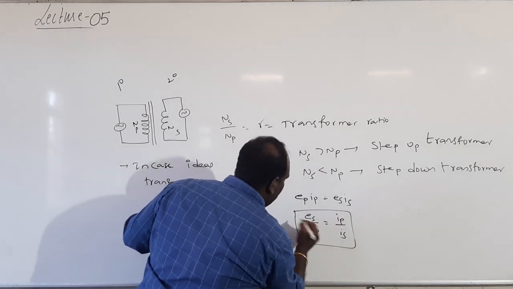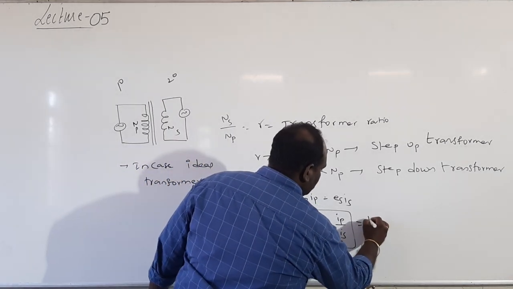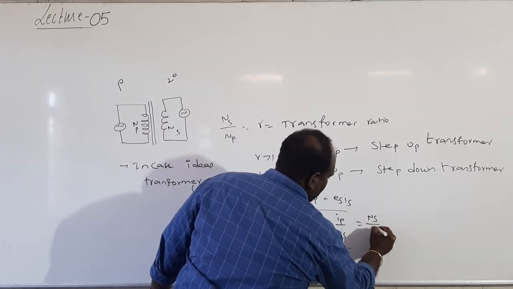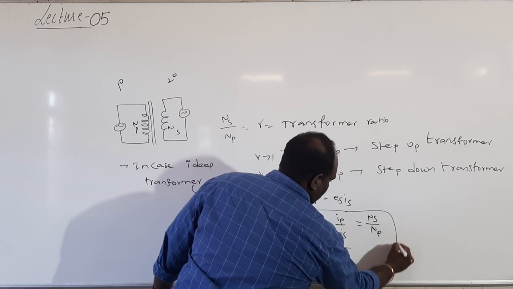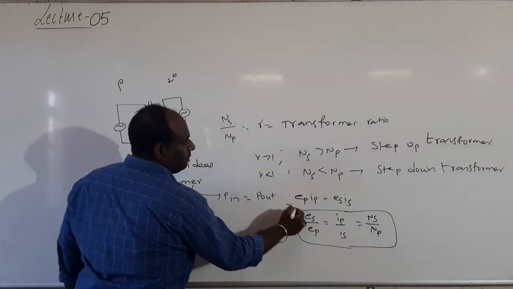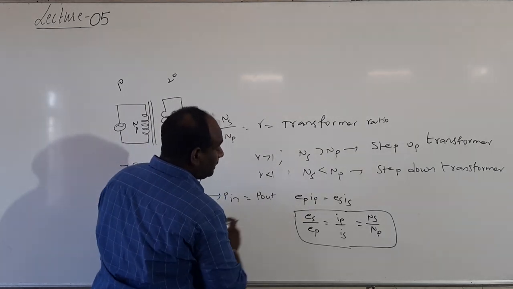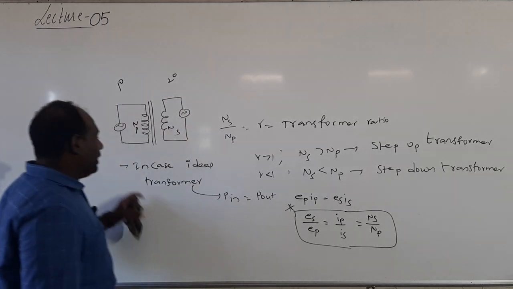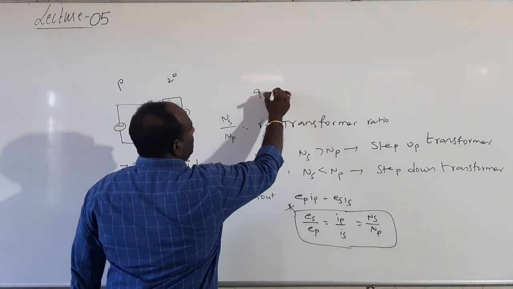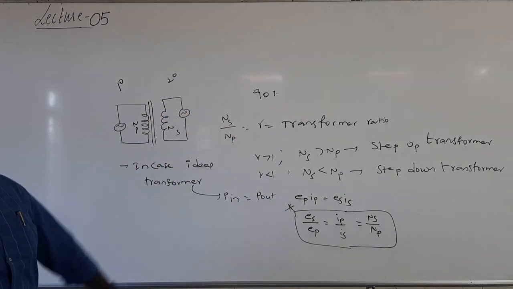Now I am going to explain the things. We have one more formula, Es by Ep equal to Ns by Np. This formula is very important to solve most of the problems in transformers. While we say a transformer is 100% ideal, in general transformers are about 90% efficient, not ideal. So if we give 100 input, we will get 90% of output.